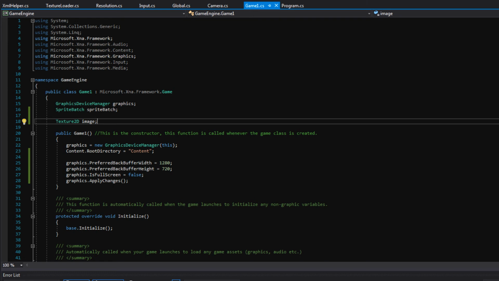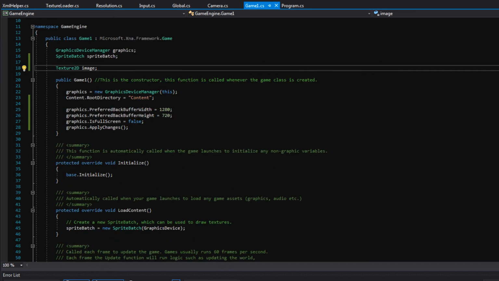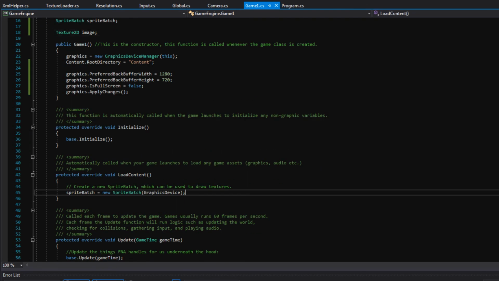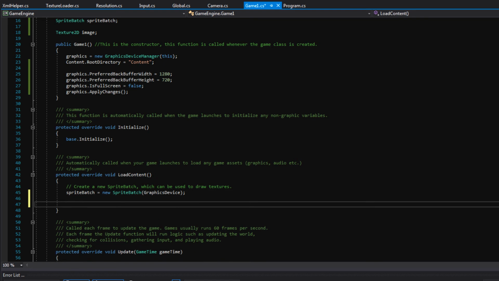And then there's a perfect place in our Game1 class to load in graphics. Do you know what that function might be? I hope so. We talked about it briefly in the last video. LoadContent is the place you want to load in textures and other game assets. So let's say image equals TextureLoader.Load,